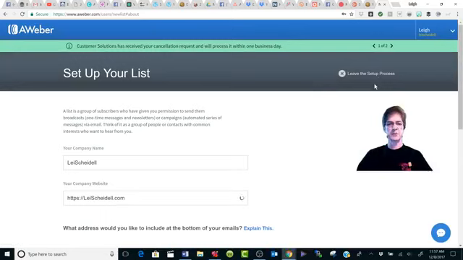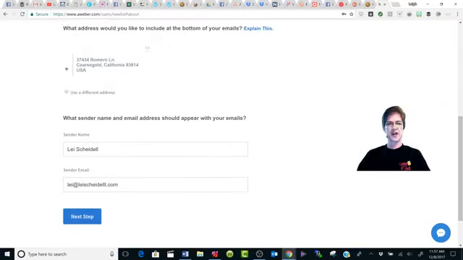When this window comes up, what we're going to do is populate the information here. As you can see, because I already have some basic information set up for my account, and you can do that in the account background, I already have my company name and my web address already listed. And then the next item is